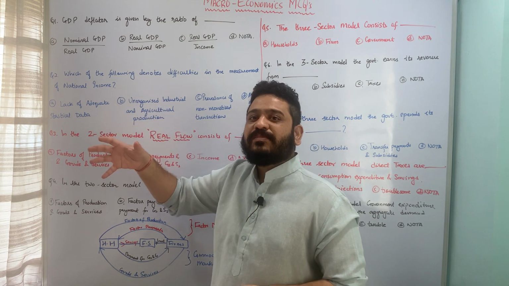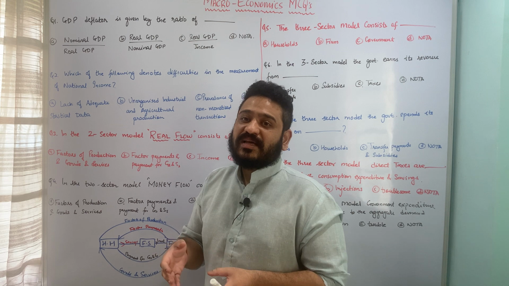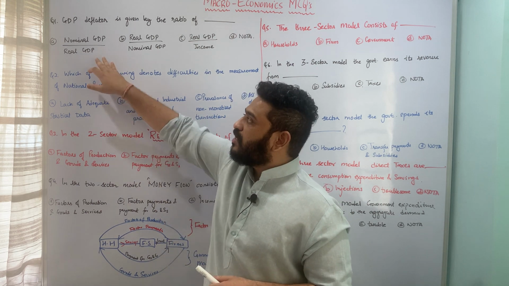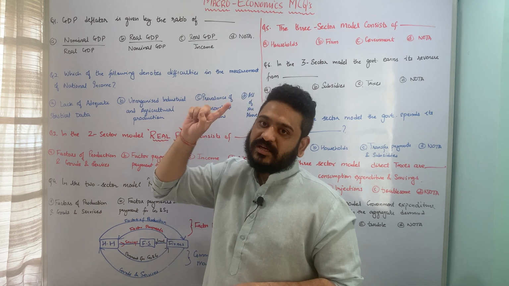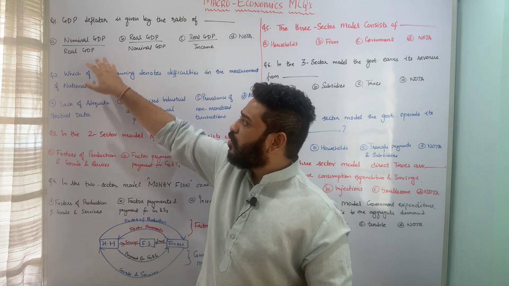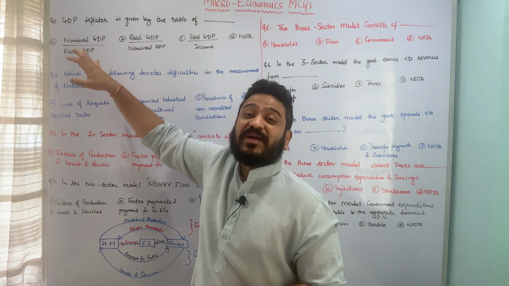That means nominal GDP is the valuation of all the goods and services at a price prevailing in the current year, and on the contrary, real GDP is the valuation of the current year's production at a base year price or constant year price. So this is how you can look at nominal and real GDP, and let us look at now what GDP deflator is.